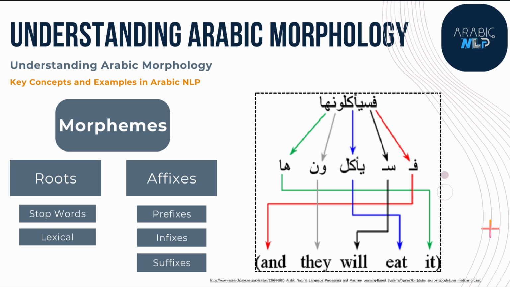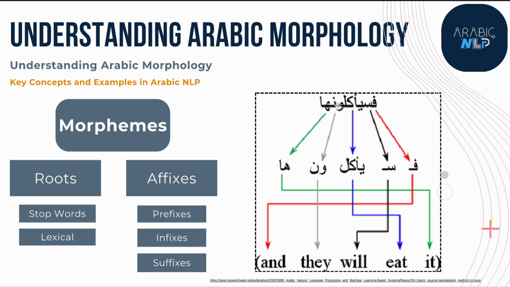Everything here represents something. In English, for example, starting from the fa, which means "and," then this letter represents the "will," which is the future tense. So we will try today